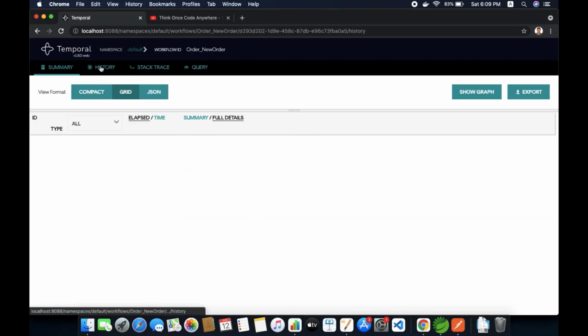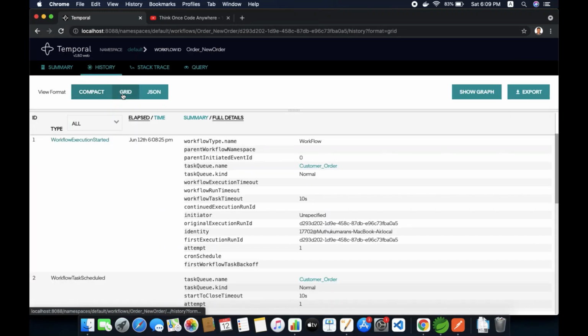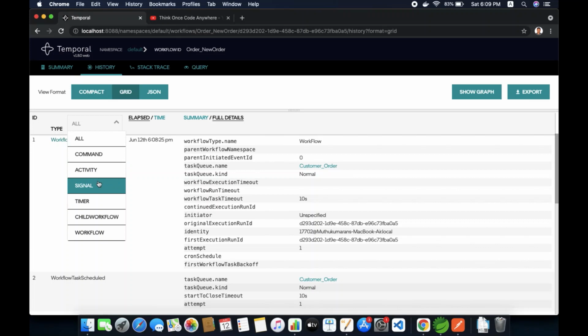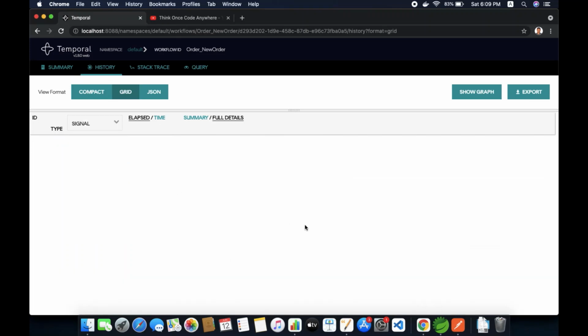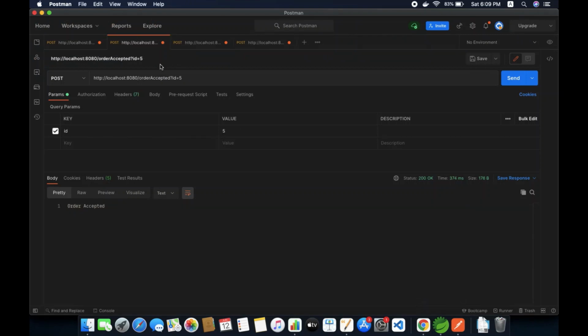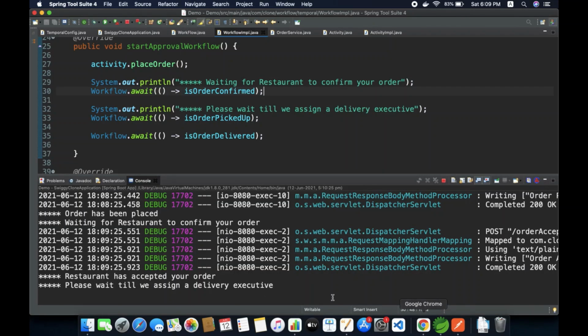If you look at the signals being generated for this, you can click on this signal, and no signals have been generated so far. Now let me go to this API and say order accepted, and I'm passing the order ID as new order, and it is saying order accepted.